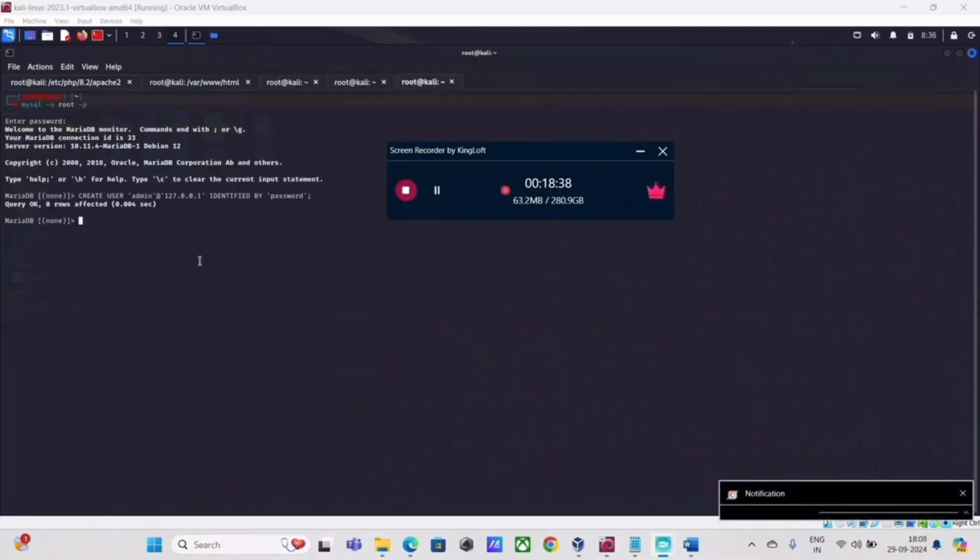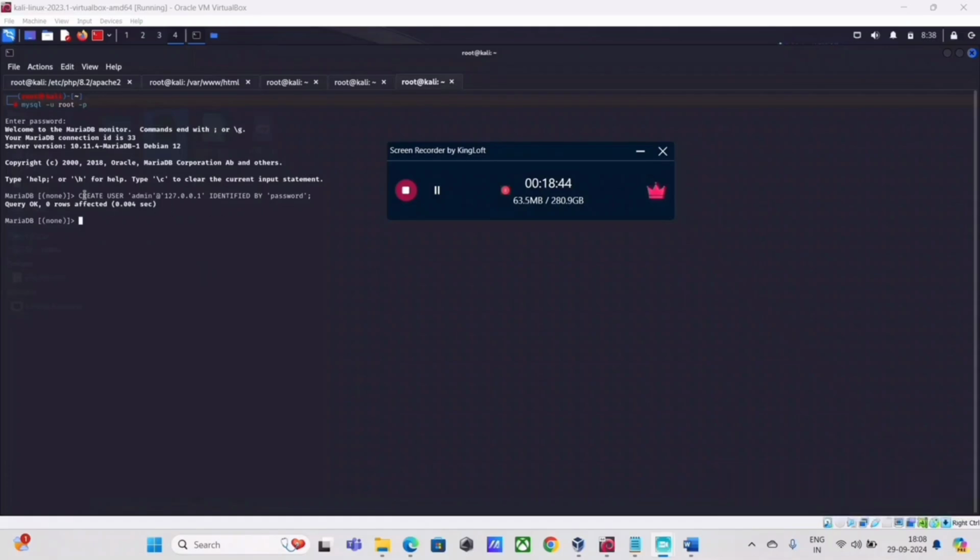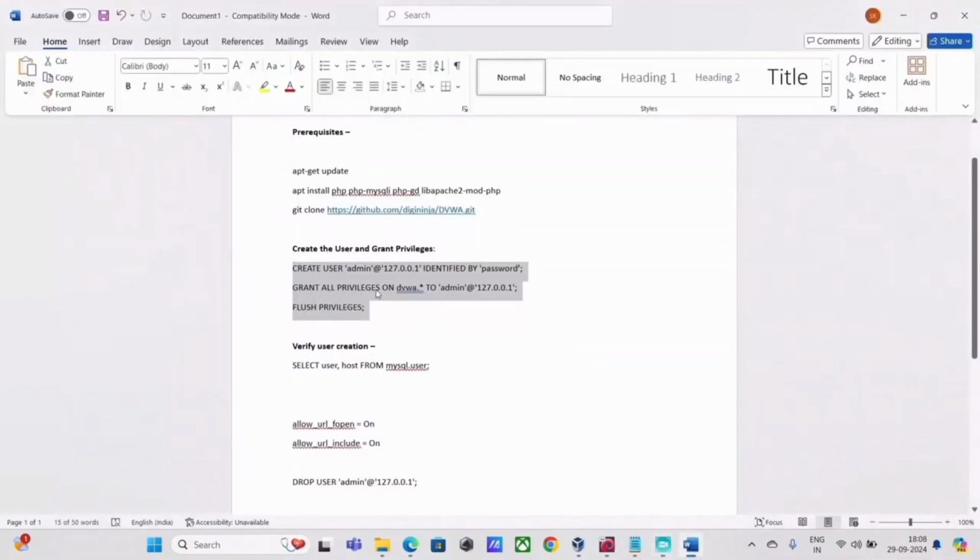So guys, basically there was an alignment issue. That is why it was not working. The copy paste had some issues. Hence, I tried to manually type it, guys, and it worked. So basically, if you type manually, there is create space user, space, and then